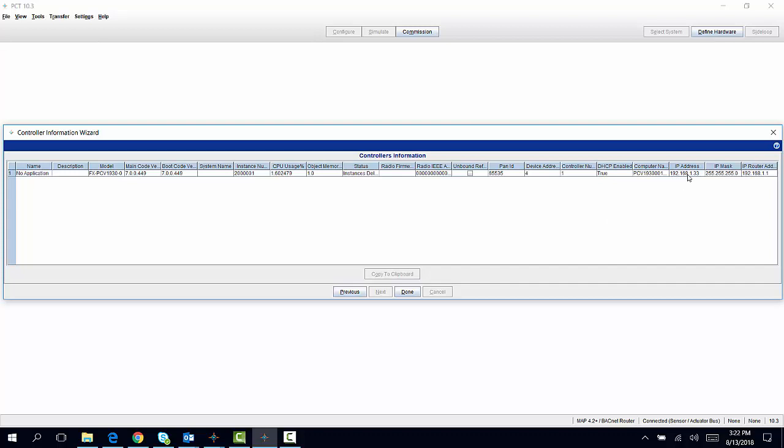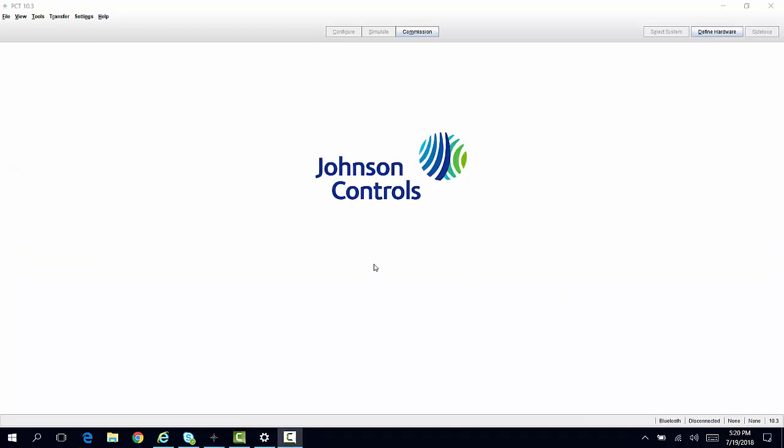We could then set the IP address on the PCT computer to something like 192.168.1.100, which would allow us to find and discover, upload and download that controller using the direct Ethernet connection. Now I could use the map connection to download an application in the controller. However, I'm going to just go ahead and demonstrate